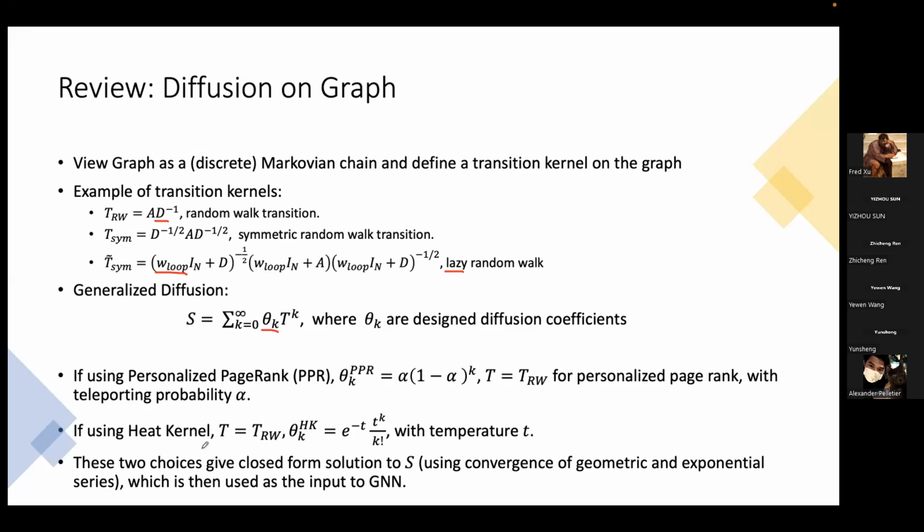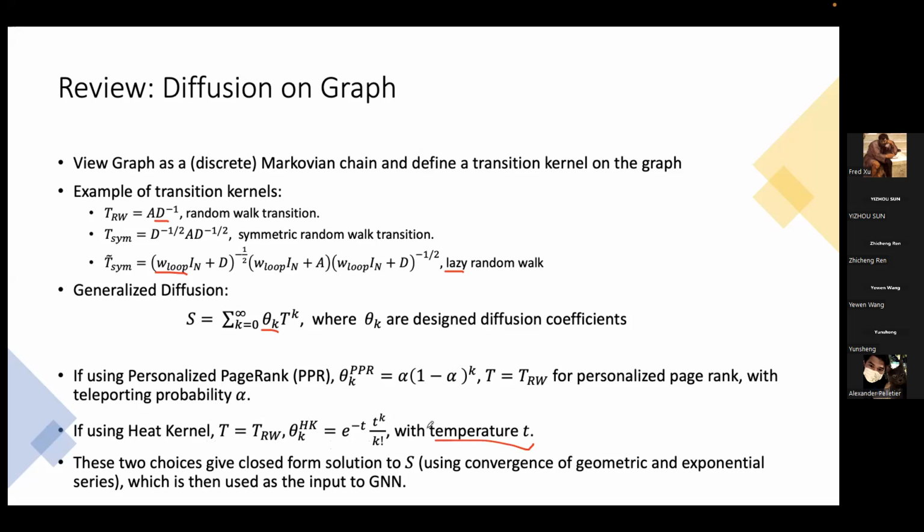The heat kernel is another one, which again uses the random walk transition kernel and uses this exponential term for the coefficients. You can see very intuitively, the bigger your t here, which is a temperature,